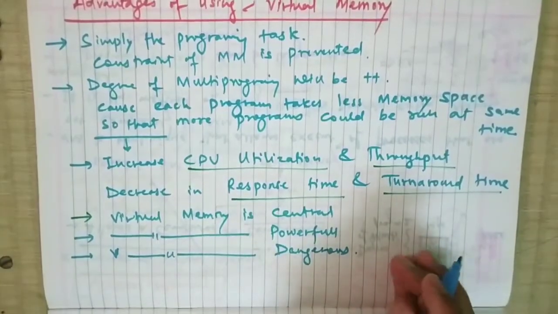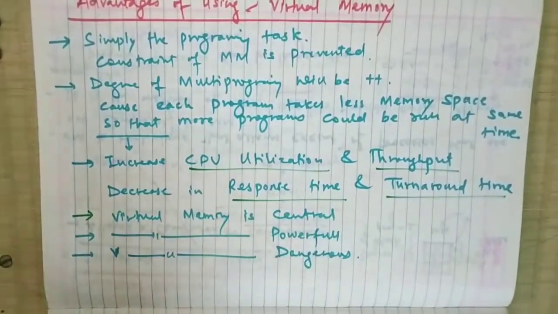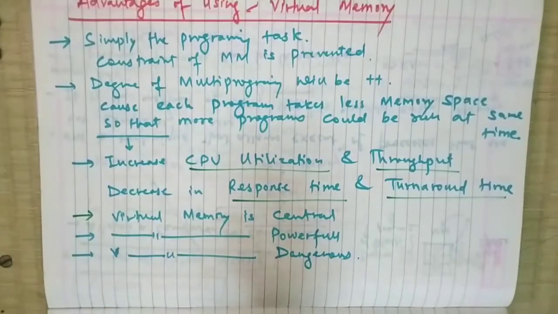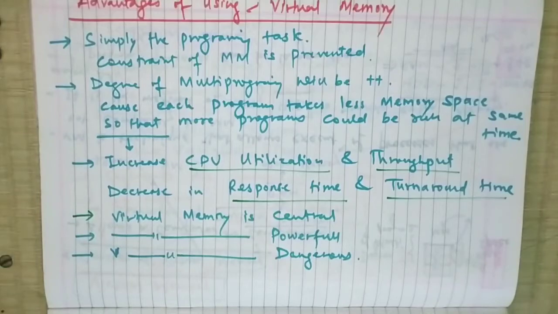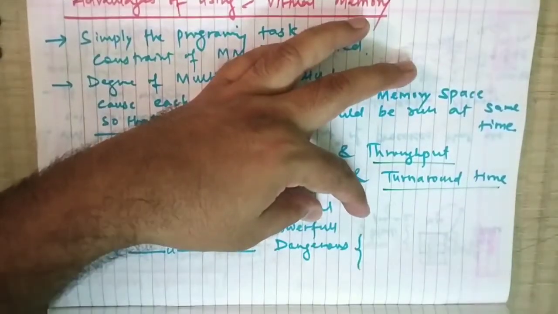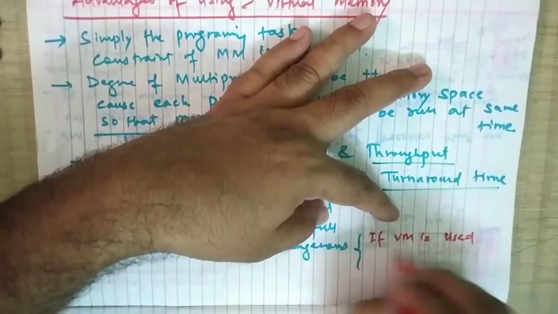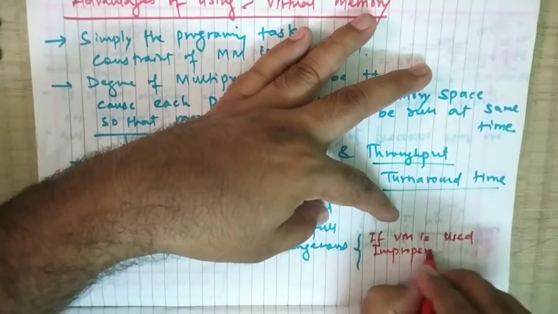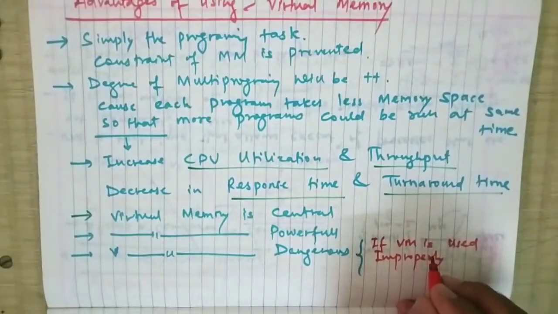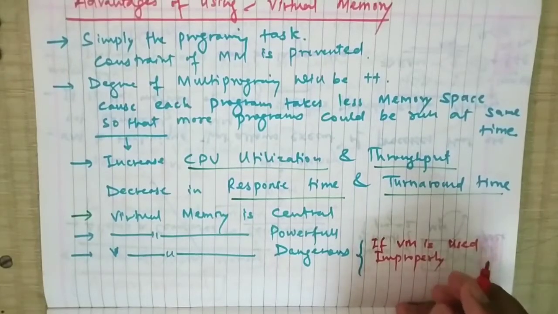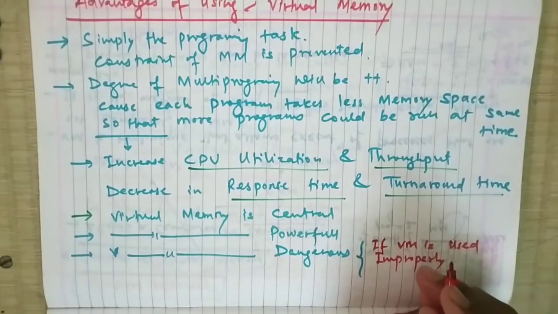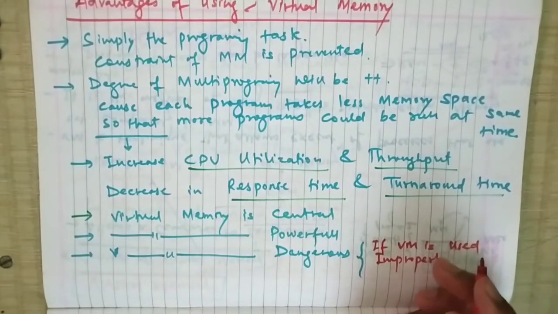Why is it dangerous? Because applications interact with virtual memory every time they reference a variable, dereference a pointer, or make a call to a dynamic allocation package such as malloc. If virtual memory is used improperly, applications can suffer from perplexing and insidious memory-related bugs. For example, a program with a bad pointer can crash immediately with a segmentation fault or a protection fault.